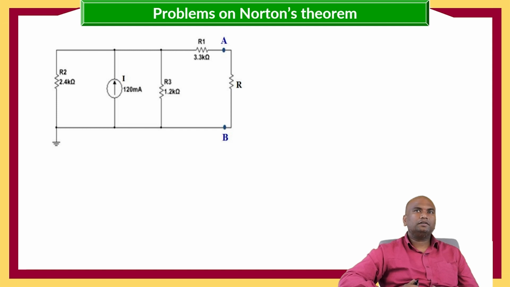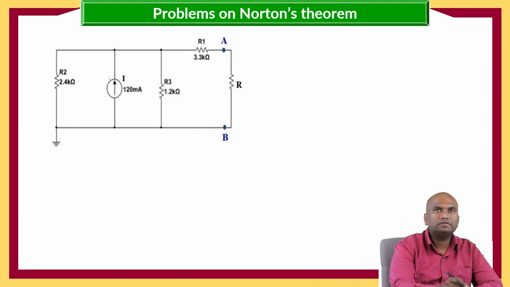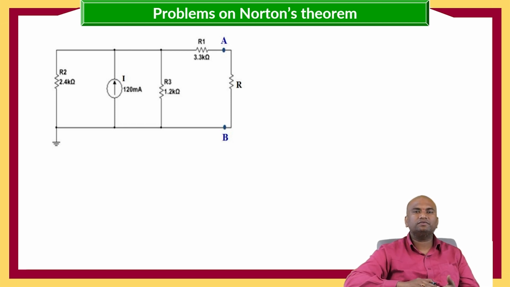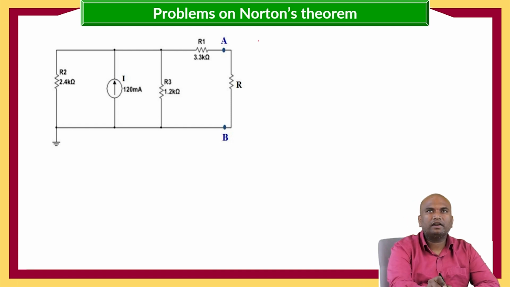Now we'll go with the next problem. And here we are having a current source. Previously we used to have the voltage source in the last problems. Now we are having a current source. Now let us see what is the difference which we are going to get here. That is, for calculating Norton's current,